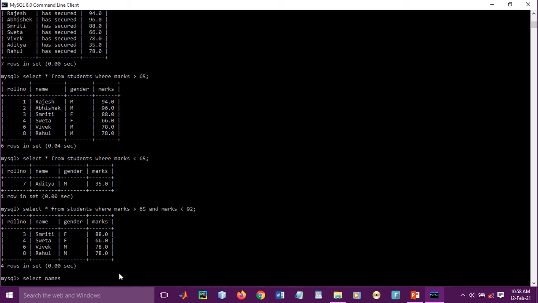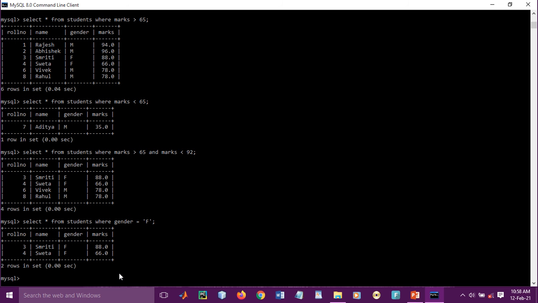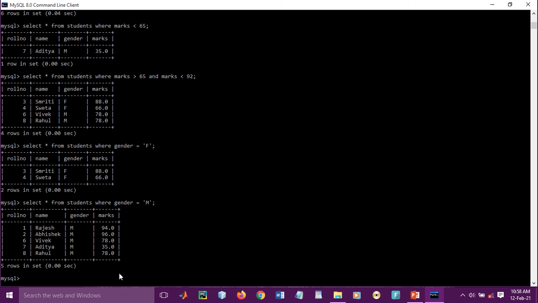Select names, or you want to see the whole contents of female students, then select star from students where gender equal to, you need to mention M, or first we need to see female candidates, you can also see it this way. Suppose you want to see the contents of the male, you can also see it this way.